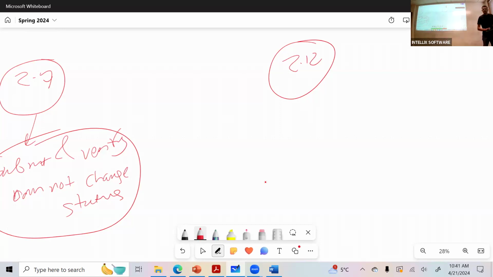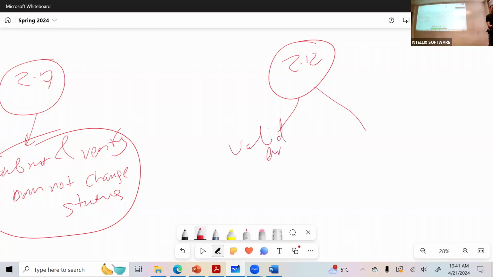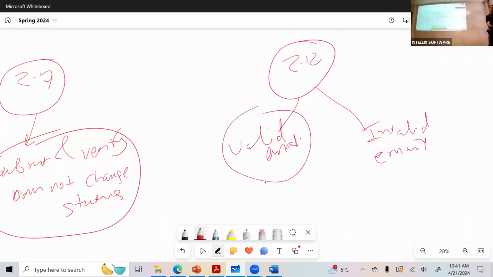So what are the scenarios here? What did you guys come up with from the scenario standpoint? Valid email ID. Okay, so you have a valid email. You have an invalid email, assuming that's what you mean, right? Yes. Okay. So valid email, we know how to test it. You have access to that email and then you can test it out, log into that and see if I received the email. But how would you test the invalid email? Would you be able to test the invalid email?